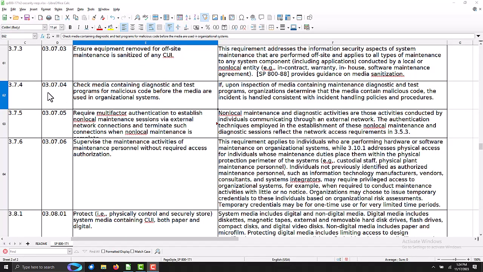Today's control, if you look down here, is 3.7.4. And it says, check media containing diagnostic and test programs for malicious code before the media are used in organizational systems. Okay, that sounds like a very wordy mouthful, right? Basically, media. So if you've got a DVD or a flash drive and you're about to use something,